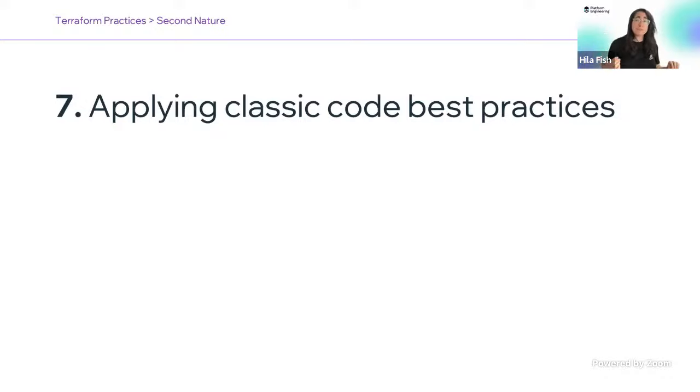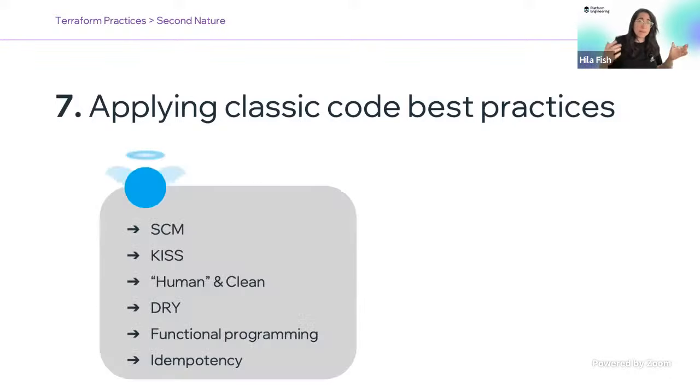Terraform has progressed over the years in a way that adopts code best practices, and we can see an example of that. You might remember that before Terraform 0.13, you couldn't even use for_each for modules. With the release of this version, HashiCorp finally introduced the ability to loop over modules with a single module call. So we should really apply classic code best practices to Terraform,